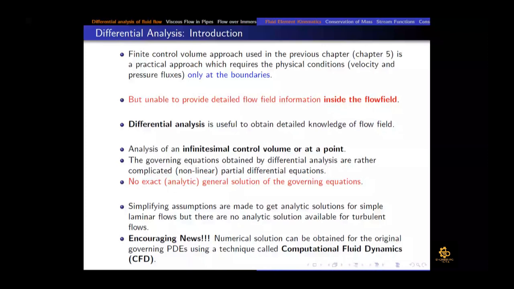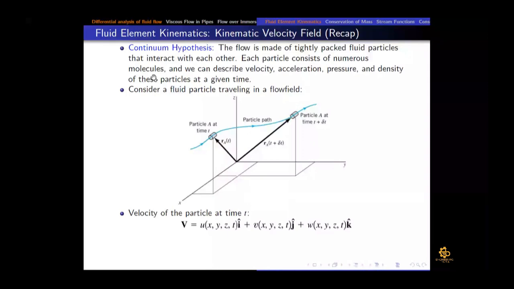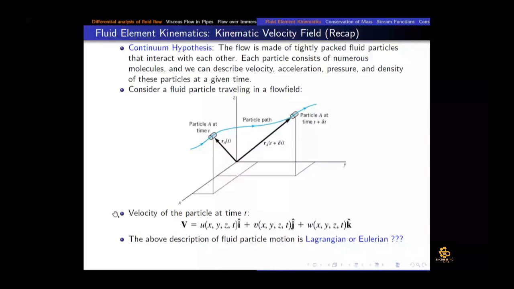So now a quick recap of the continuum hypothesis, as we discussed, that we consider the average properties. Velocity is basically a function of time as well as space in 3 dimensions. I have written this equation. Is it the Eulerian approach or the Lagrangian approach? Anyone? I think Lagrangian approach. This is the Eulerian approach, because in the Eulerian approach,